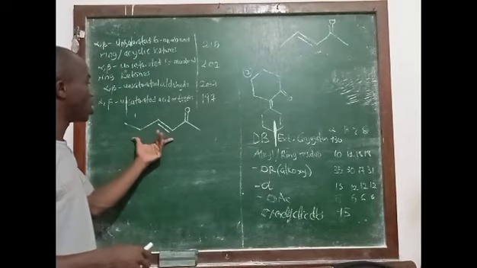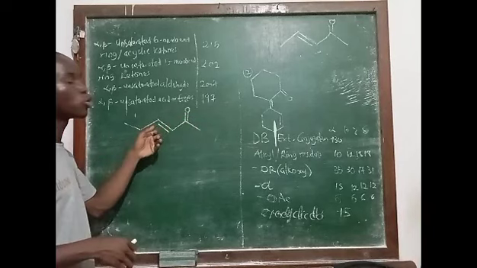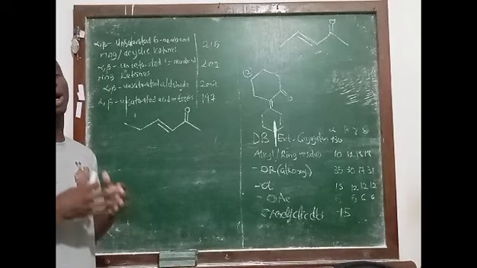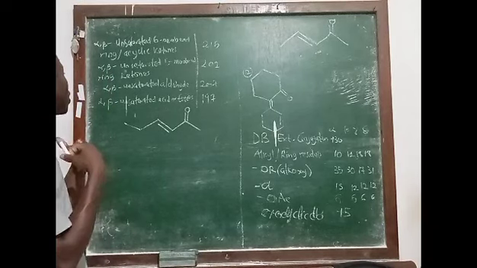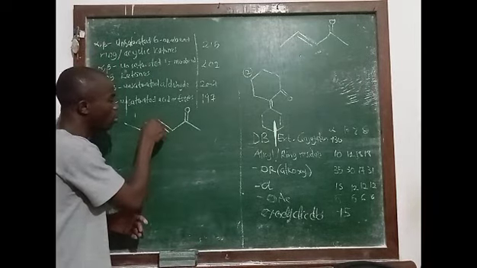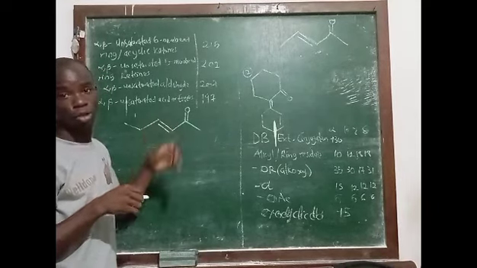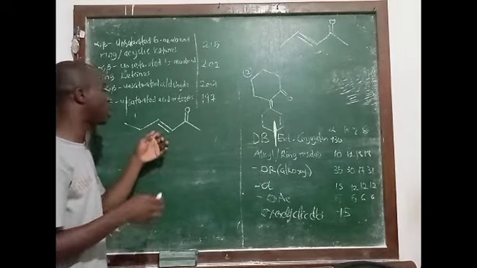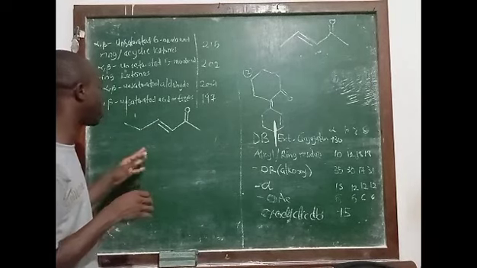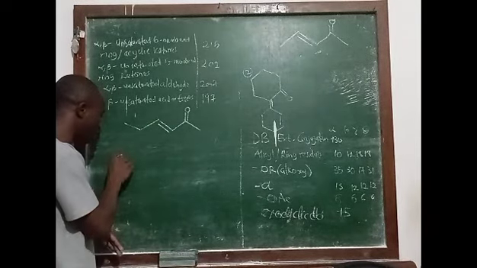Now, let's consider this example, this compound, which is a ketone and it is also a conjugated ketone. The reason why we call them alpha beta unsaturated carbonyl compounds is because the double bond that we have there is between the alpha and the beta carbon. But note that the conjugation system can extend beyond this point. So the first thing I'm identifying there is that the chromophore in this compound is an acyclic